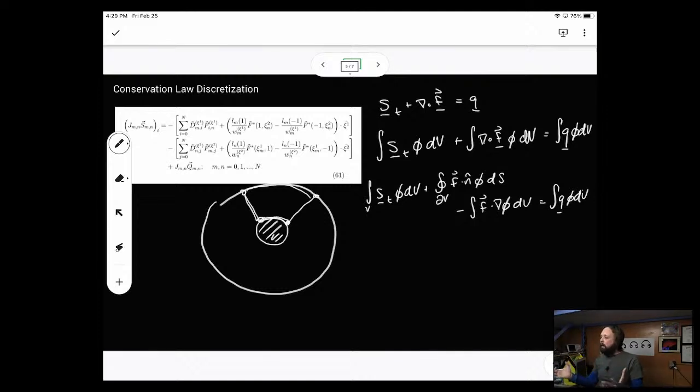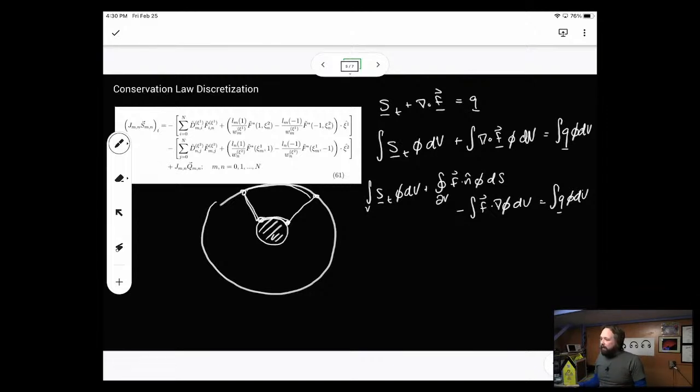So over my domain, if I were to square my solutions and my test functions and integrate over that entire space, I'd get a constant number. That's a pretty easy constraint for a lot of functions we care about to meet. The deal in the discretization is we restrict our attention to a subset of that space. We don't look at all possible functions. Instead, for our discretization, we look at a set of